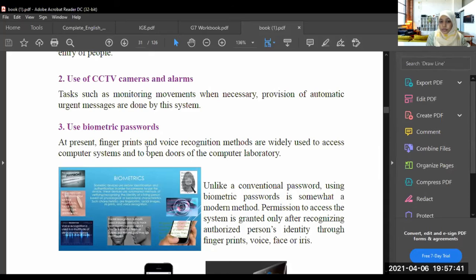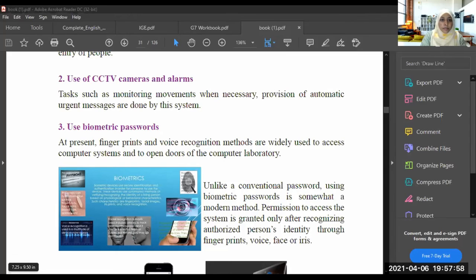You don't know. For an example, there are some laboratories. Okay, if you want to see, give me a minute, I will show you.